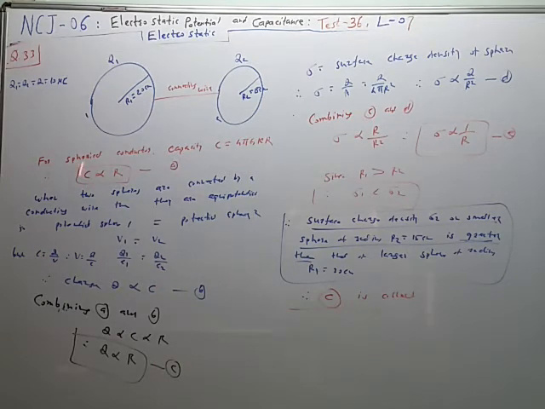The property we know directly: larger surface area, more charges will be stored. So Q is directly proportional to C, and capacity is directly proportional to R. So combining A and B, we get this relation. The amount of charge is more on the sphere having larger radius. So sigma is given by Q upon A, Q upon 4 pi R square. So charge is more, but radius is also more in this case. But it is R square in the denominator and it is only R in the numerator. So sigma is inversely proportional to R. So sigma 1 is less than sigma 2 because R1 is greater than R2. So this is the result.